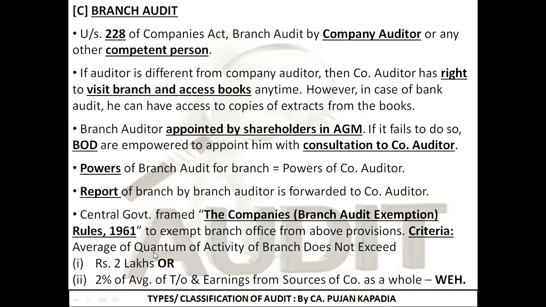So if the average business or quantum of activity of my branch does not exceed 20 lakhs, then I am not supposed to fulfill all these criteria. But if it exceeds 20 lakhs, then I fall under the category of branch audit and I am supposed to comply with all these provisions. In short, this is the judging criteria for whether you are exempted from the branch audit or not. If your activity is below the level we have calculated in points number 1 and 2, then you are exempted and not supposed to comply with any of the provisions with respect to branch audit. But if your business is above the stated level, then you are covered under the category of branch audit. I hope I am clear with what I have explained.